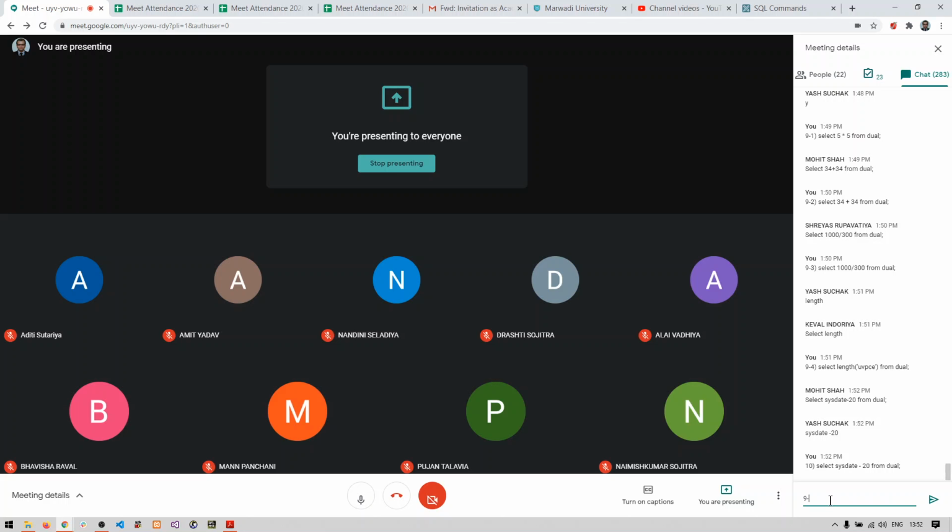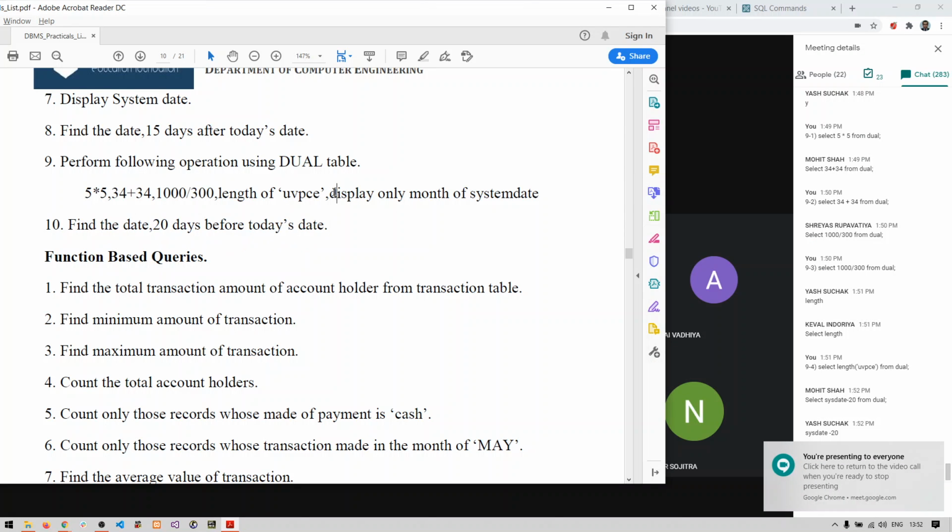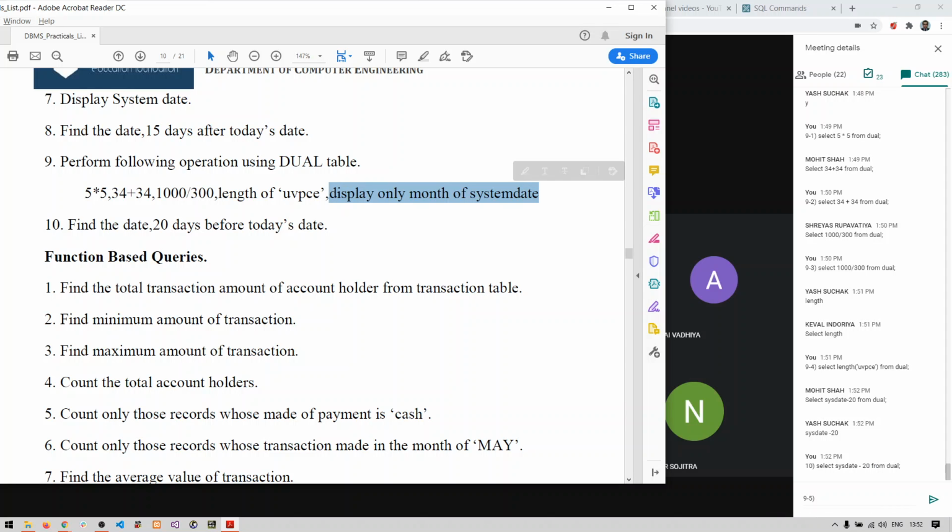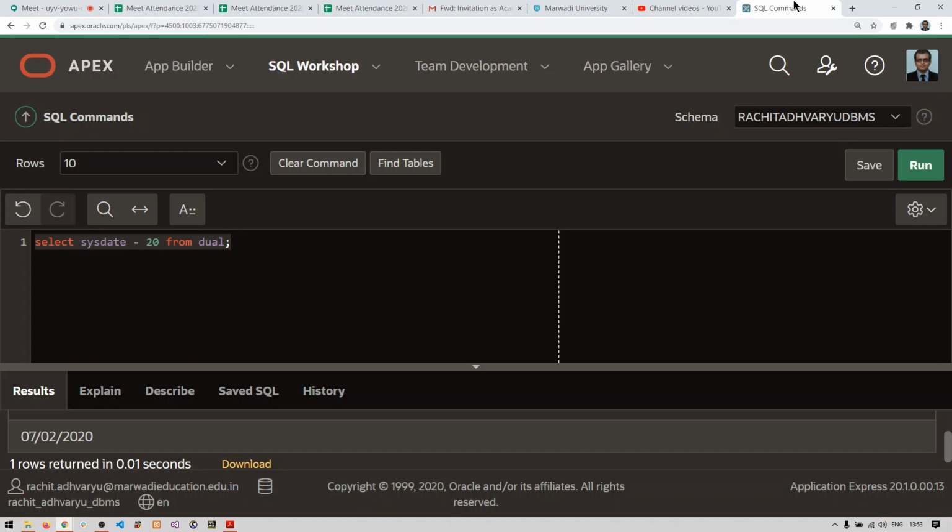Now we are left with the 9th query, 5th answer. Let's see what the 5th one is. Display only the month of system date. The system date that you know is 22nd July 2020. But it says I only want to show the month of a given date. So for that, I have to convert my date. So I am going with the conversion function. Last 1 minute topic, and then it's almost over. I will write select this date from dual. So what is the answer? Let us check first of all.